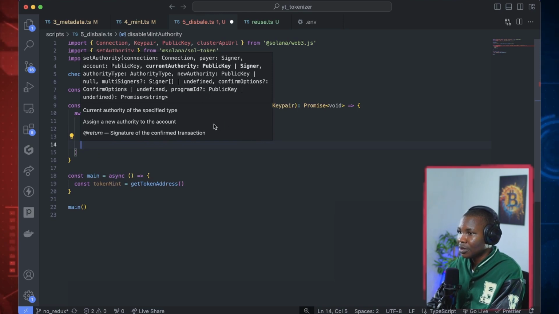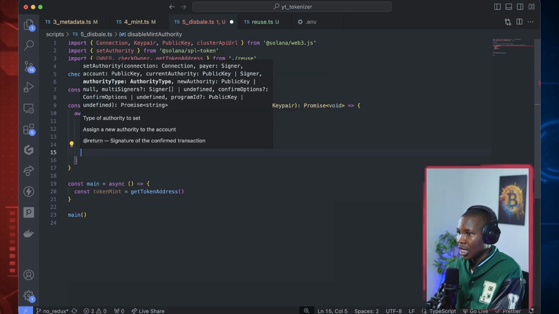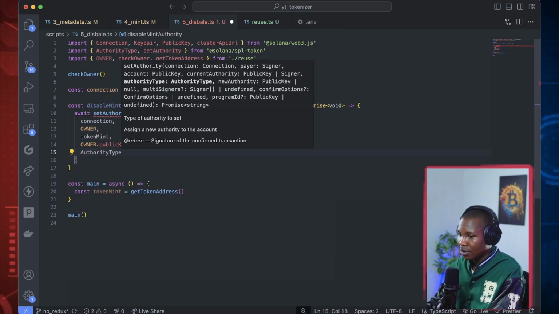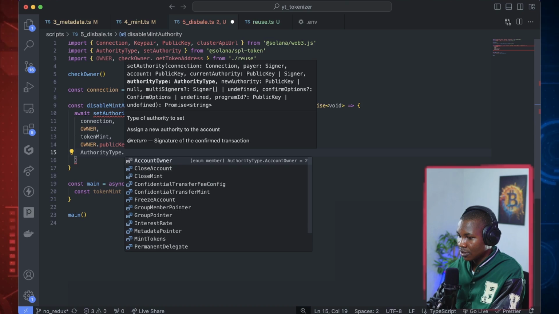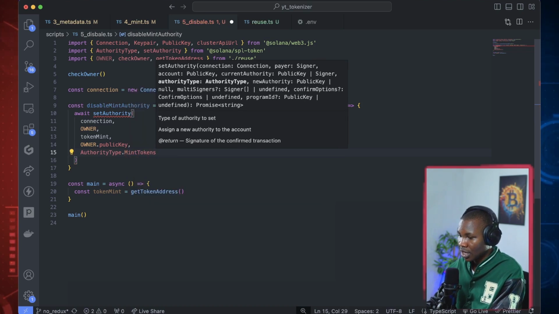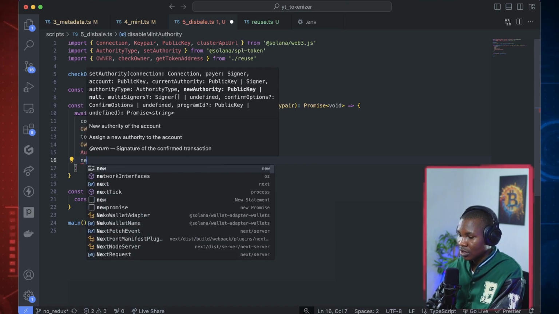And the current mint authority is this owner dot public key, and the authority type is mint token,